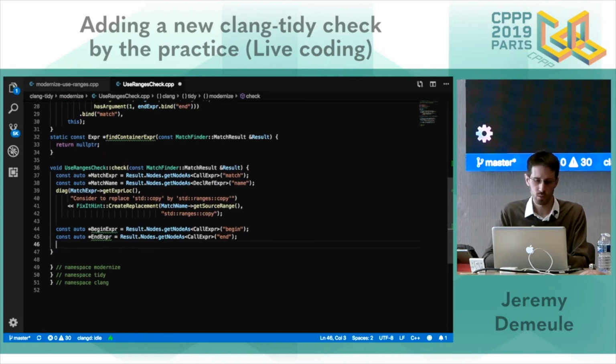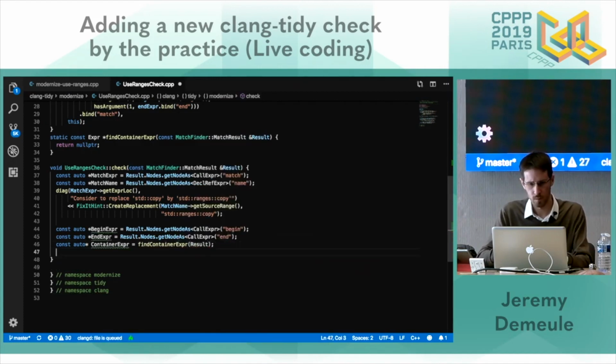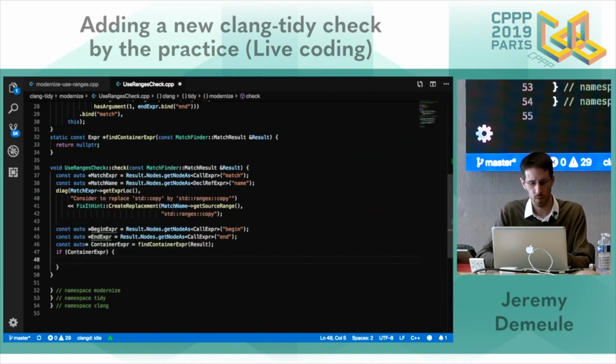We want to produce this new transformation, this new fixit, only if we are able to find and make some check on this container. So if I have my container, I want to create a replacement, but associated to this diagnostic, this message already produced.